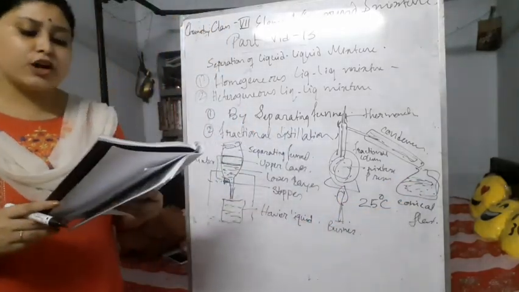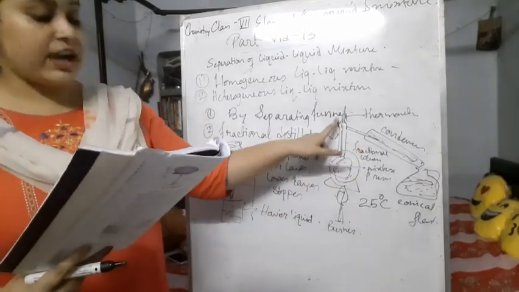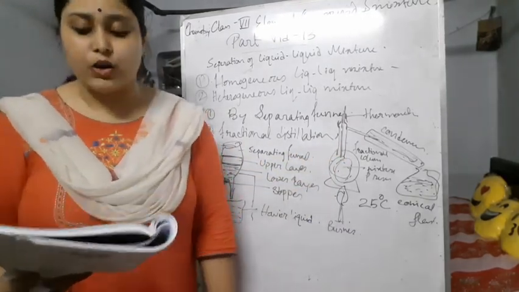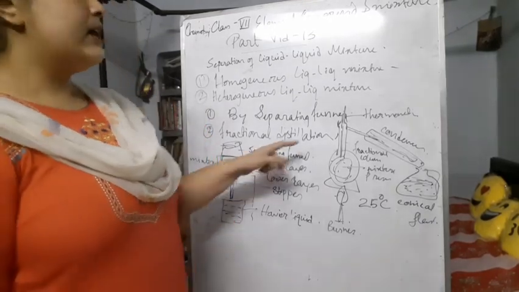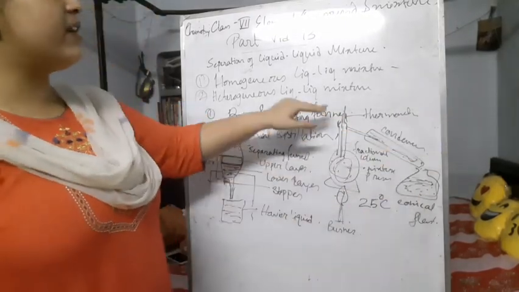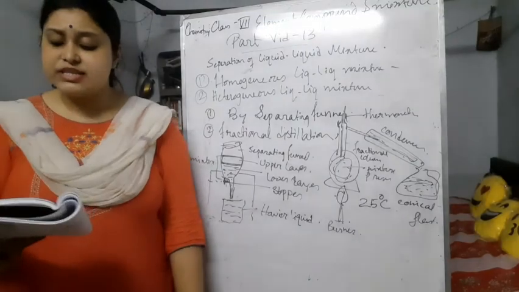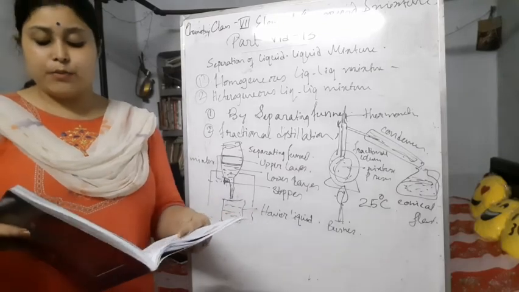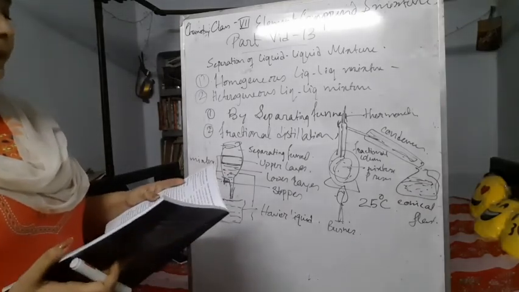For the separation of the components, a fractional column is fixed over the distillation flask. The water vapors move up along with the alcohol, but they condense and come back to the flask. Only the alcohol particles are allowed to go through to the condenser, and the water is retained in this flask. So this is the procedure. Petrol, kerosene, diesel, etc. are obtained from crude petroleum oil in a similar way.